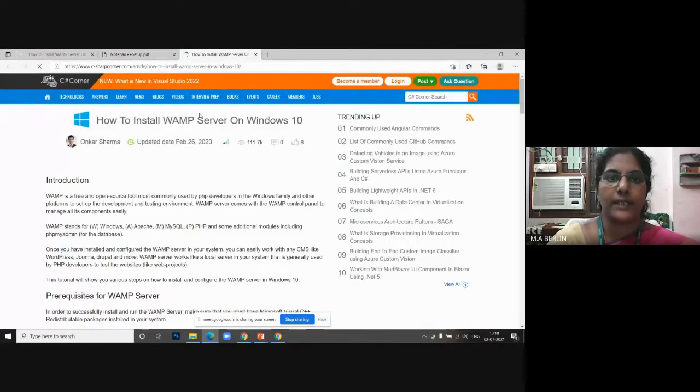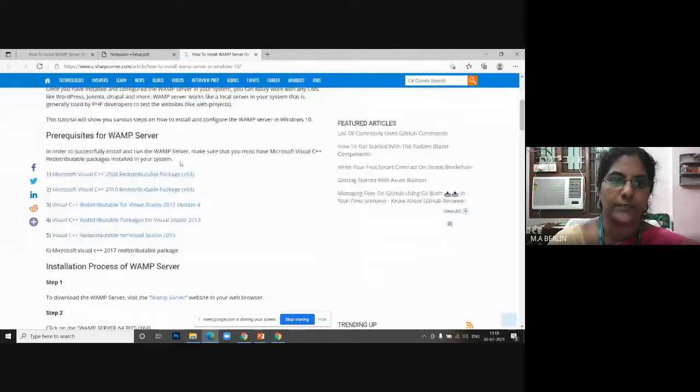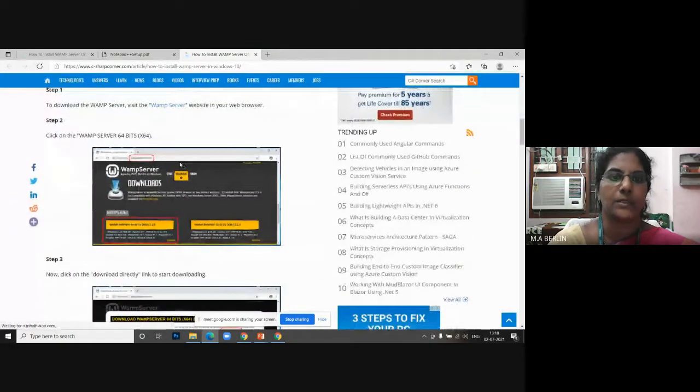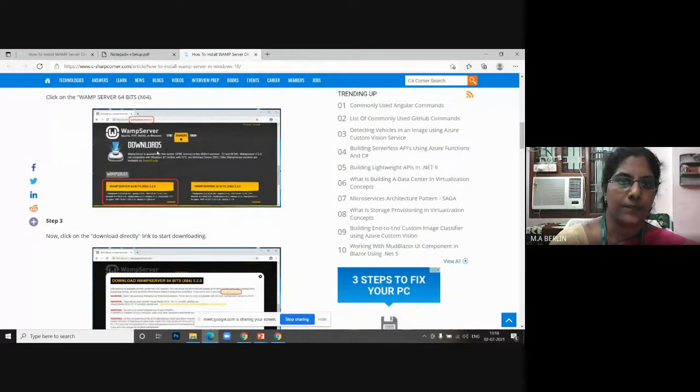If you click that link, it will navigate to another web page. There you can find various steps for the installation of WAMP server. First, as I said earlier, you need to give that website. Then it will open this page, and you can find this link. Just click it, then you can see another window. There one option is there, that is download directly.